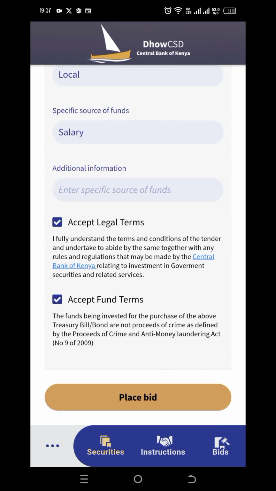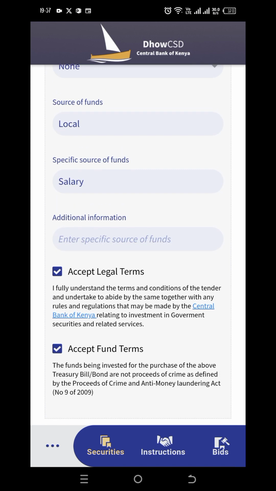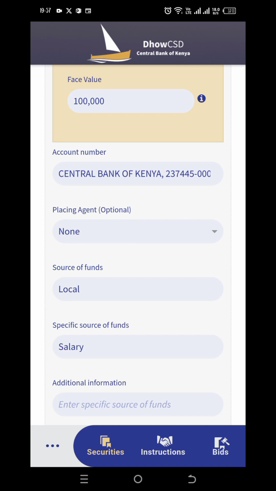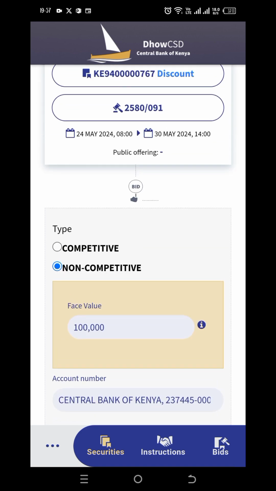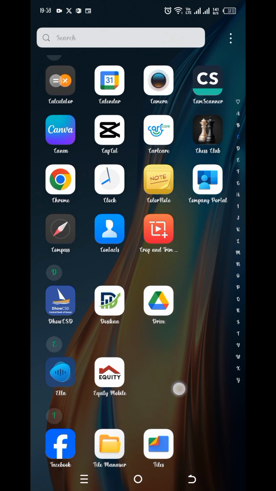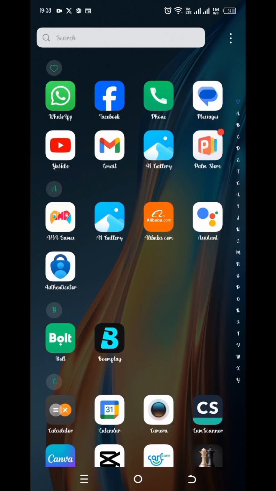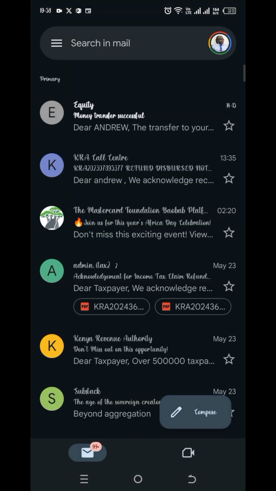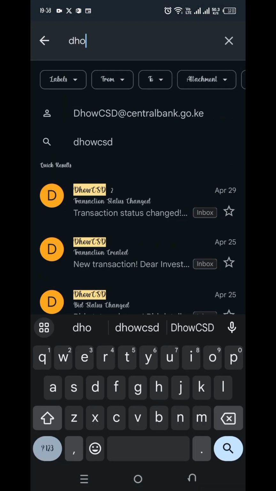But once you place a bid and come to this place for the bids, you can see the bids that you have created. Then after you have placed the bid, you'll get communication from the Central Bank of Kenya via the email. So you can just get to the email and see some of the messages that you get from the Central Bank of Kenya. So you can just get to the Gmail and search